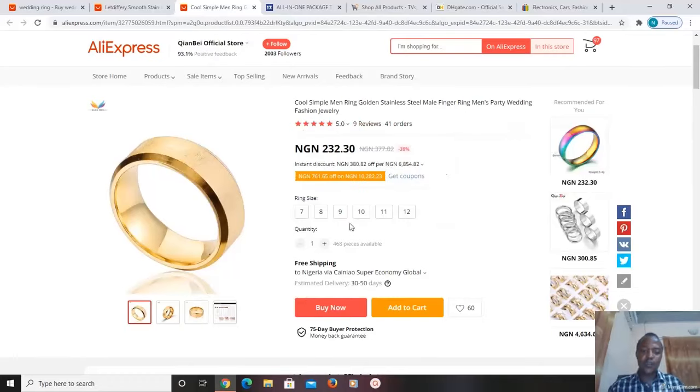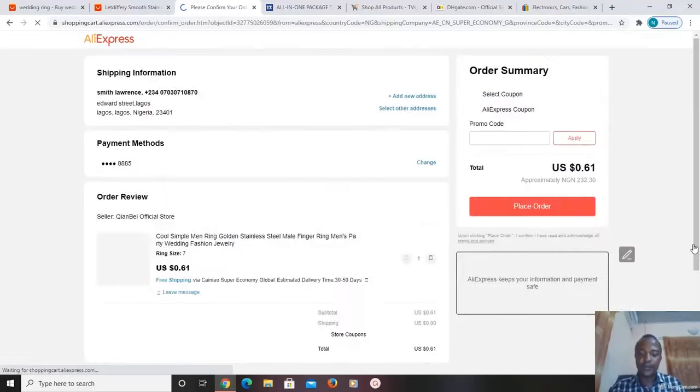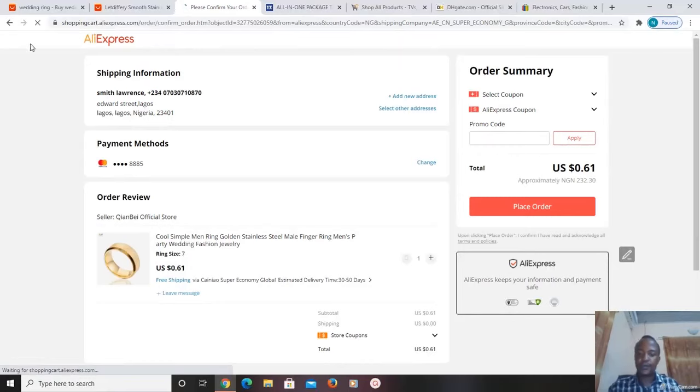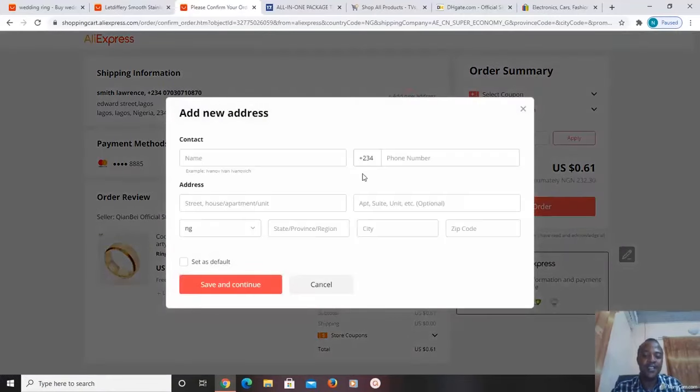So for you to buy this product now, just click on buy now. I've told you click on the size of the ring, then click on buy now. So when you click on buy now, if you are buying for the first time, it will tell you to enter your address. This is the form you will see. So you put your name here. Let's assume your name is Smith